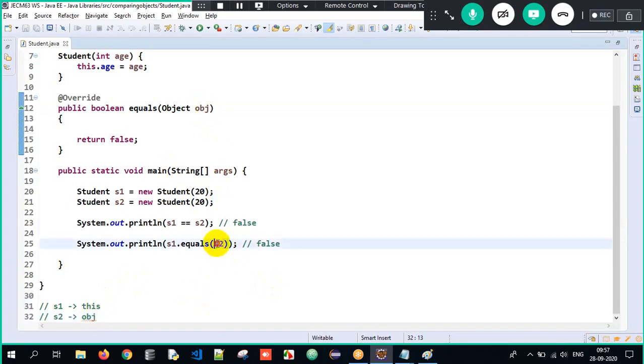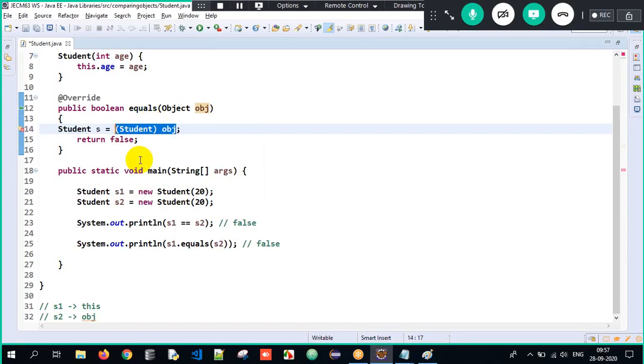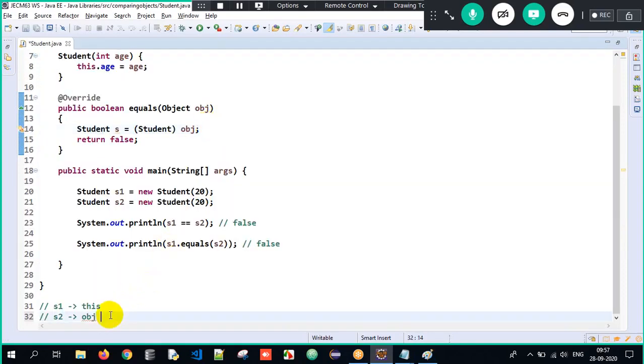Now this s2 Student object is getting upcasted to an Object type reference. This is upcasting. But I need to downcast it. How? obj is getting downcasted to Student s here, but downcasting has to be done explicitly. See, downcasting done. After that, this obj can now be referred to as s.